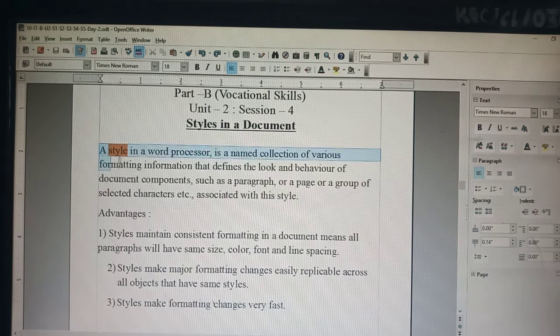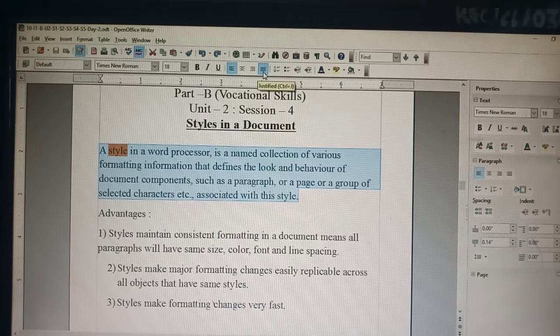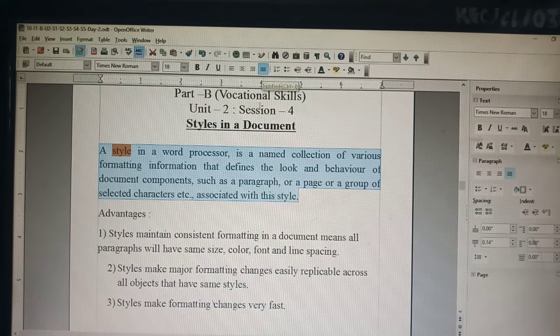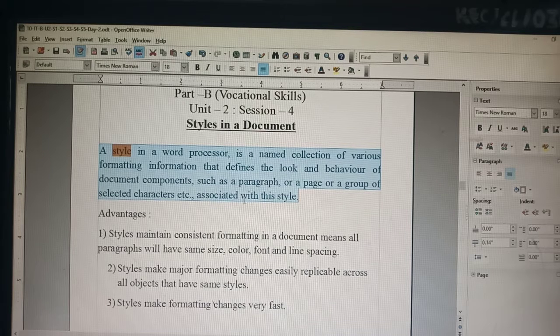But if you make it justify, see what happens, as it is printed in a book. Every right side character and left side character is positioned properly. See, every character is positioned here. All the right side characters are set accordingly and the front characters are set accordingly. This is called justify alignment. This was missed, that's why I thought you should know it.